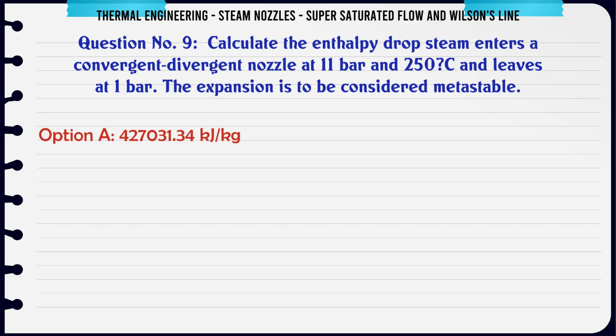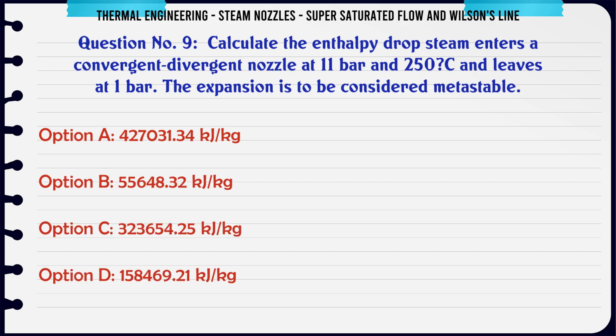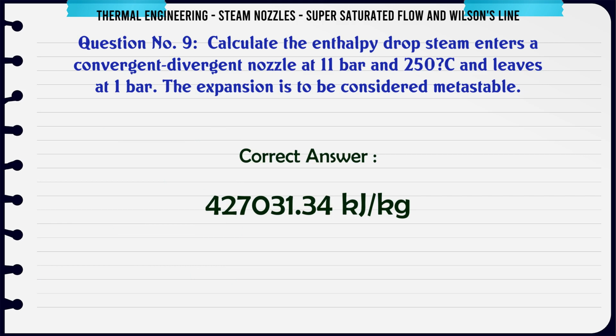Calculate the enthalpy drop. Steam enters a convergent-divergent nozzle at 11 bar and 250 C and leaves at 1 bar. The expansion is to be considered metastable. A: 4,27,031.34, B: 55,648.32, C: 3,23,654.25, D: 1,58,469.21. The correct answer is